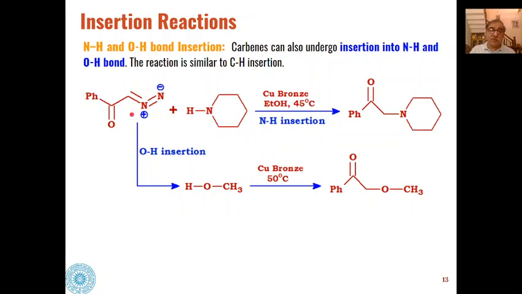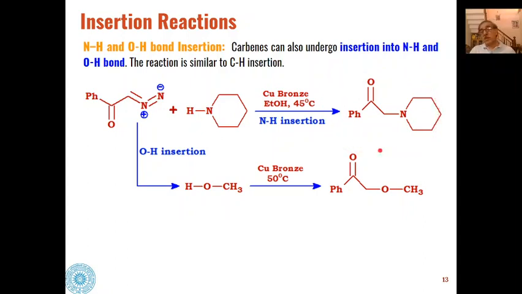So we know that the carbene will be generated at this place with the elimination of one molecule of nitrogen, and this carbene will add to this nitrogen hydrogen bond, and we will get these types of products through